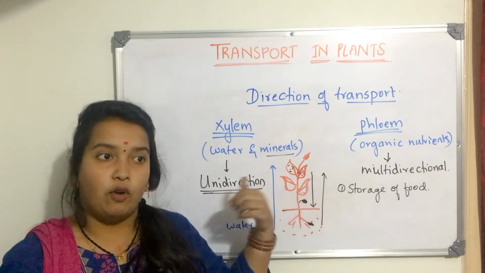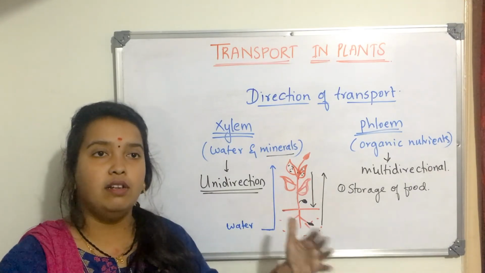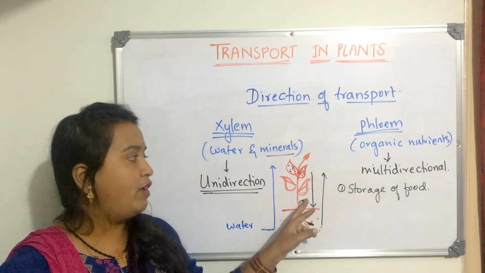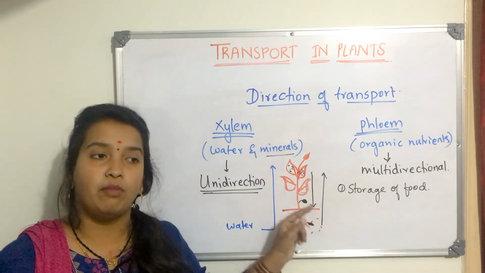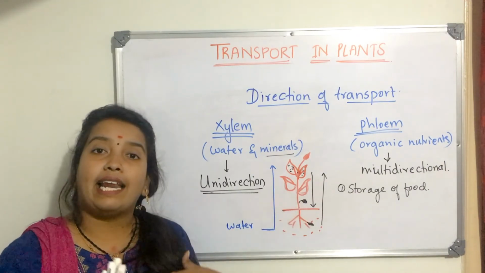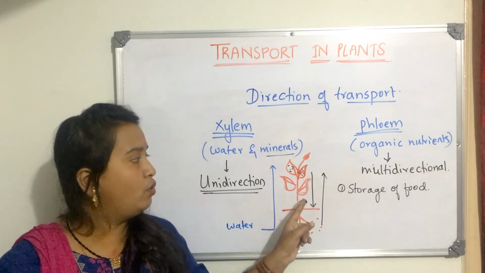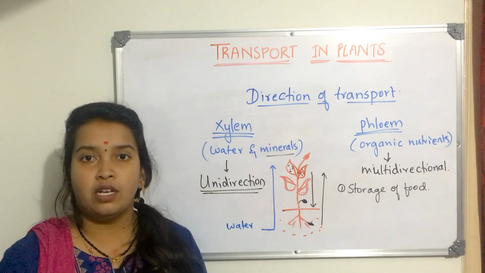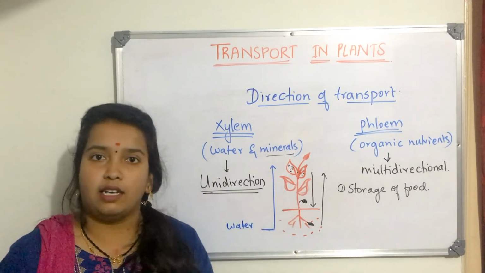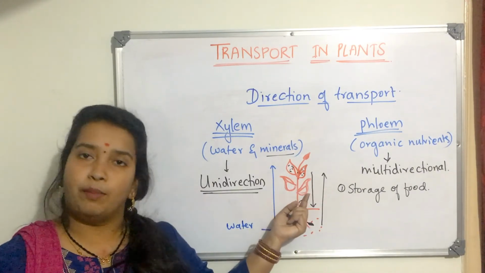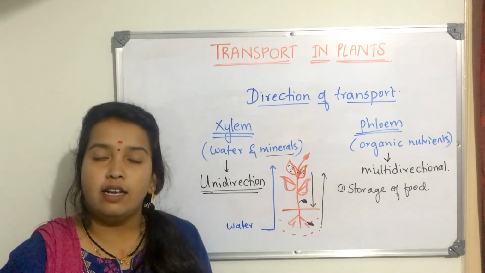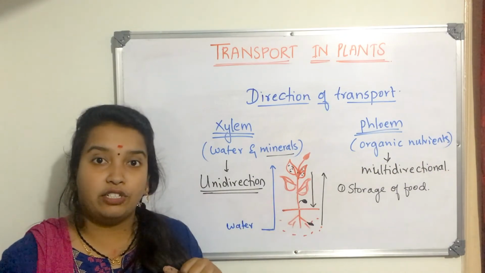I hope you understood, like how we people do that. So older people will give whatever they have to the younger generation, right? In the same way, these older leaves also, before their death, before they could fall down, transport all their minerals to the younger generation. We call it remobilized. Already minerals had come from root to leaf, but now from leaf again it is moving to wherever it is required, right? So it cannot be called unidirection again.